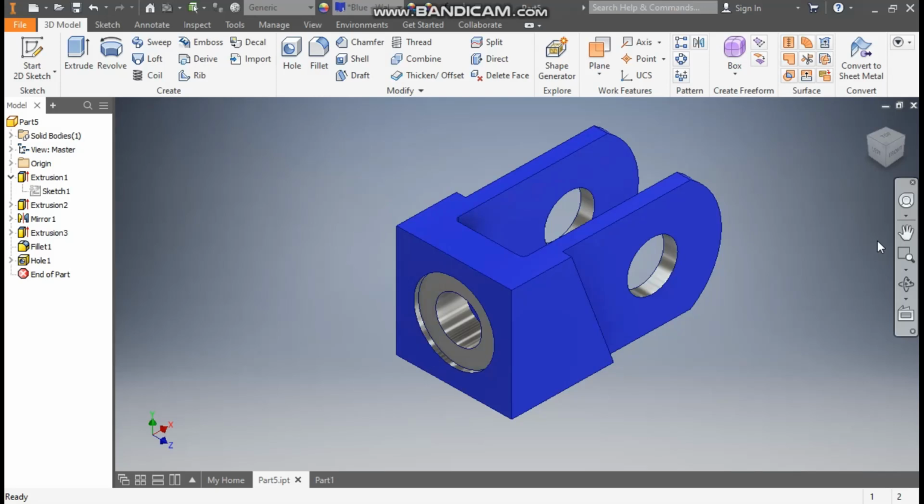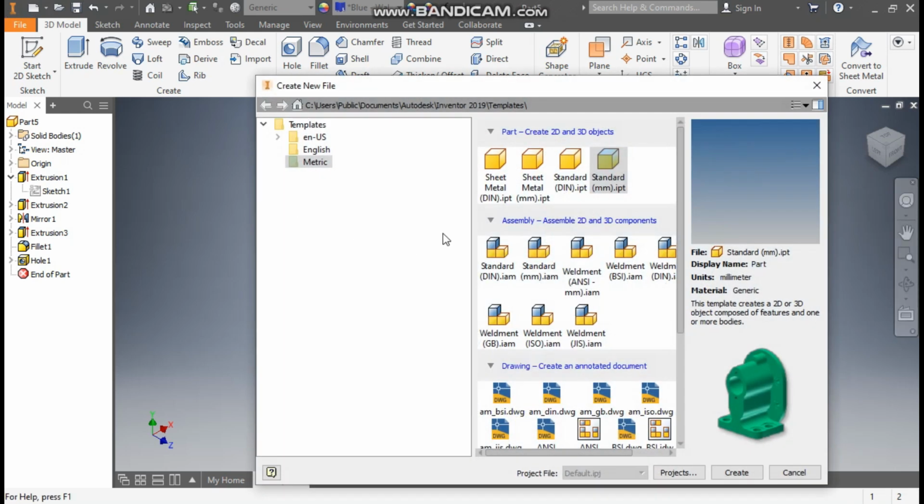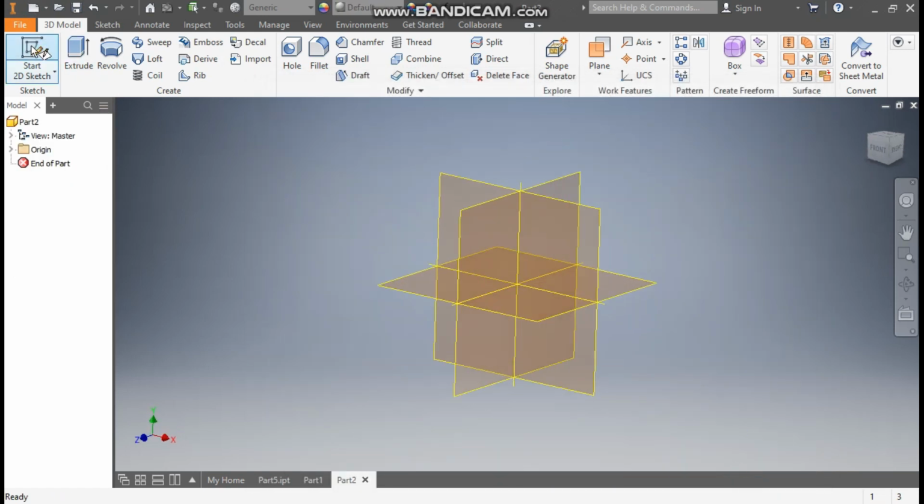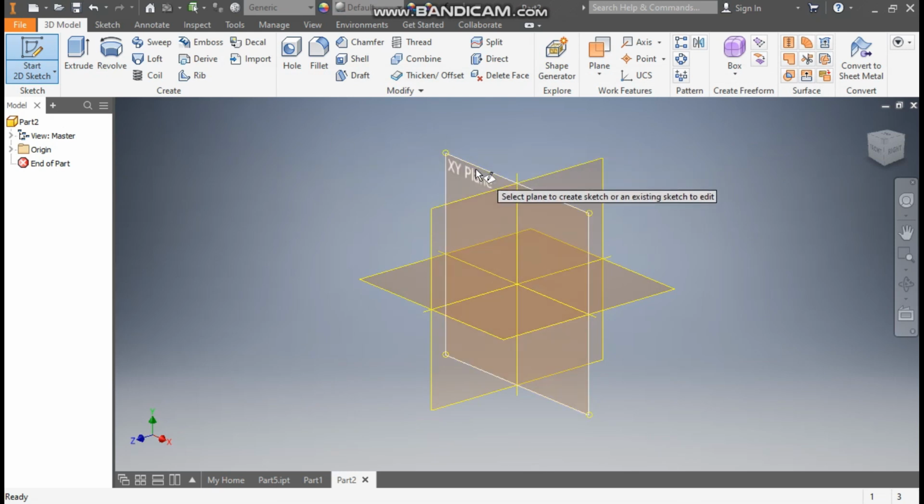Today we are going to construct a 3D part model in Autodesk Inventor software and learn the Autodesk Inventor basic commands. So let's get started. Go to New, take a standard part in millimeter and go to Create. Now here take a 2D sketch. Here we will select the XY plane